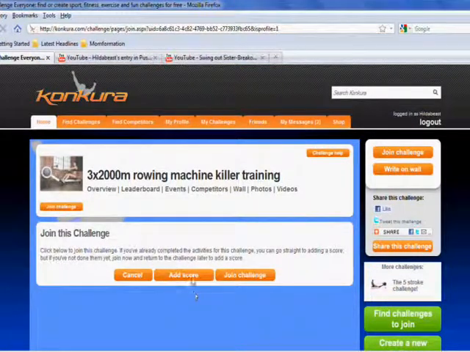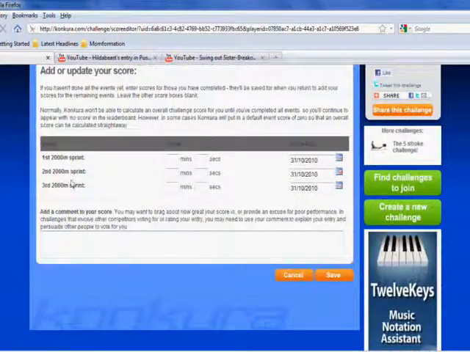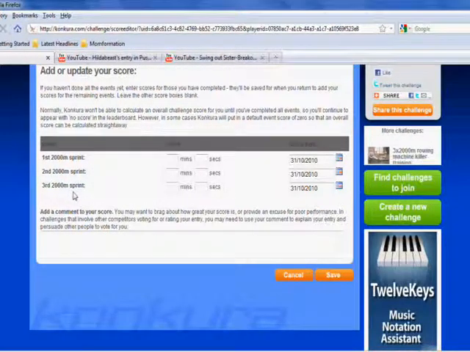And for the demo, we'll assume I've already completed this challenge, so I can go straight to adding a score. So you see, this time I have 3 different scores to enter, which are my times for each 2000 metre sprint. Bear in mind that on some challenges I may have to do different events at different times, so I